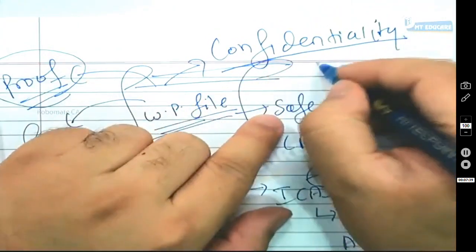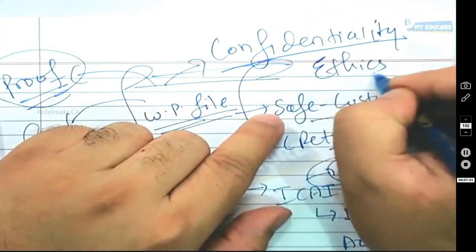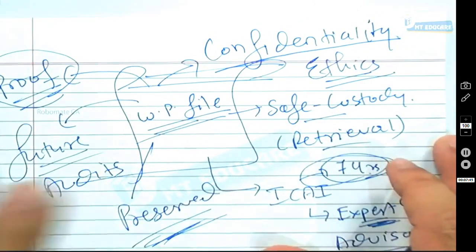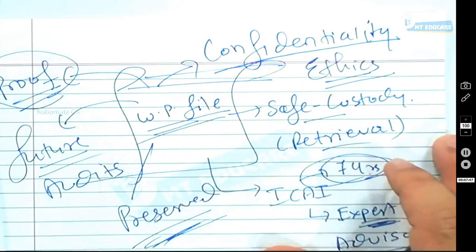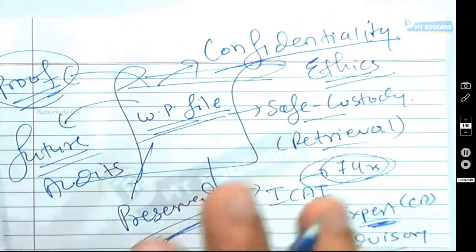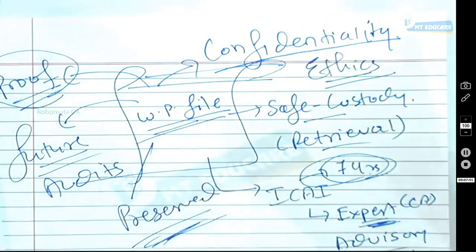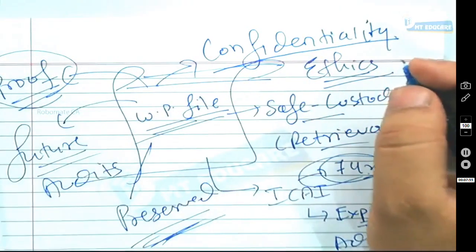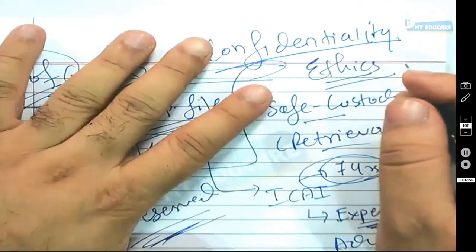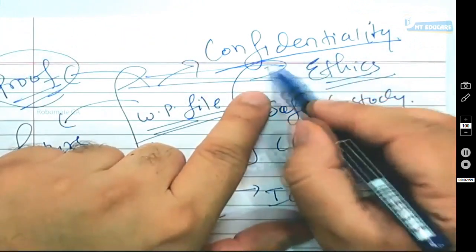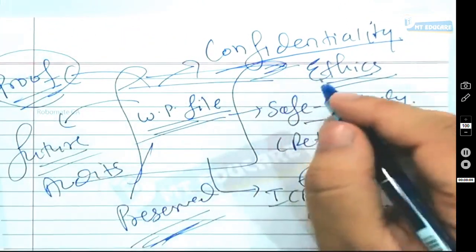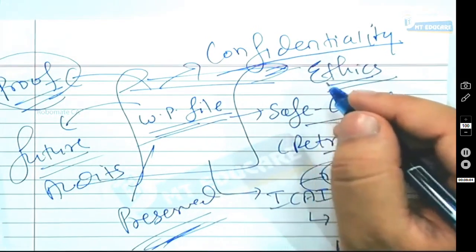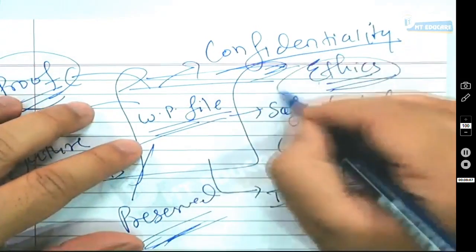There is something called professional ethics also. In fact, at CA final level you will be studying a full chapter on professional ethics. That will also contain this point, that an auditor should always protect the information contained in his working papers. He should not leak the confidential information in the working papers of one client to another client. It's a very important point. So you should always keep the working papers in safe custody and make sure that you are not disclosing one client's information to another client. It is again going to be a matter of your ethics only.